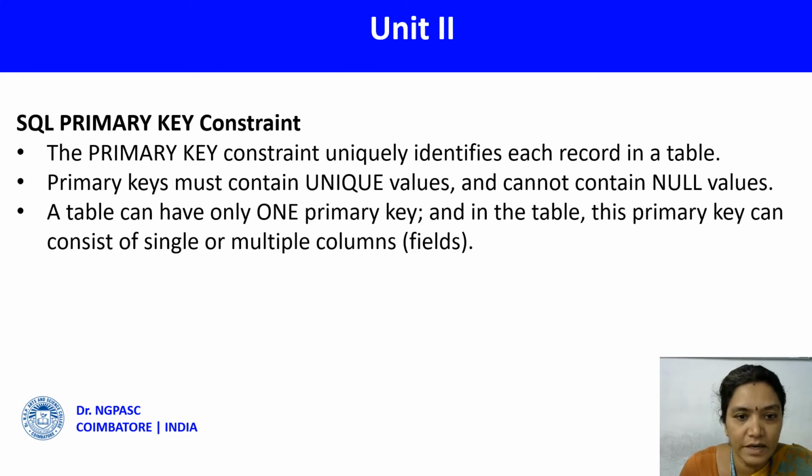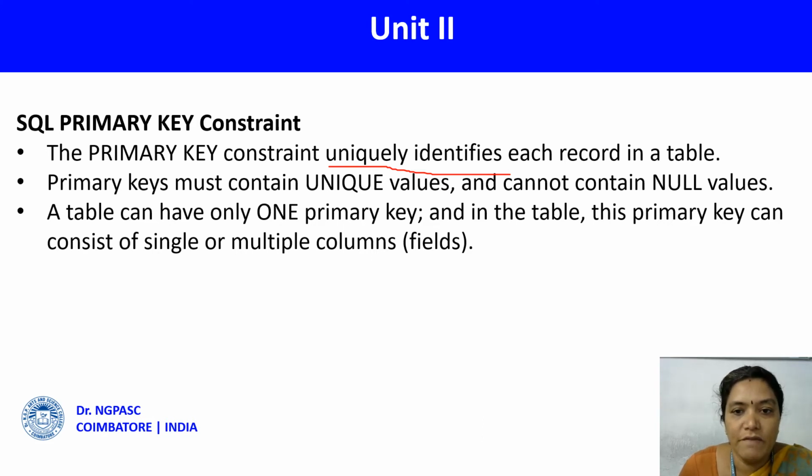So the third type is the primary key constraint, which uniquely defines any record in a table. Uniquely identifies means, for example, if it is a student table, you can set your roll number as the primary key, since the roll number will not be the same for more than one student. If you are going to create a table for an employee, your employee ID will not be the same for more than one employee.